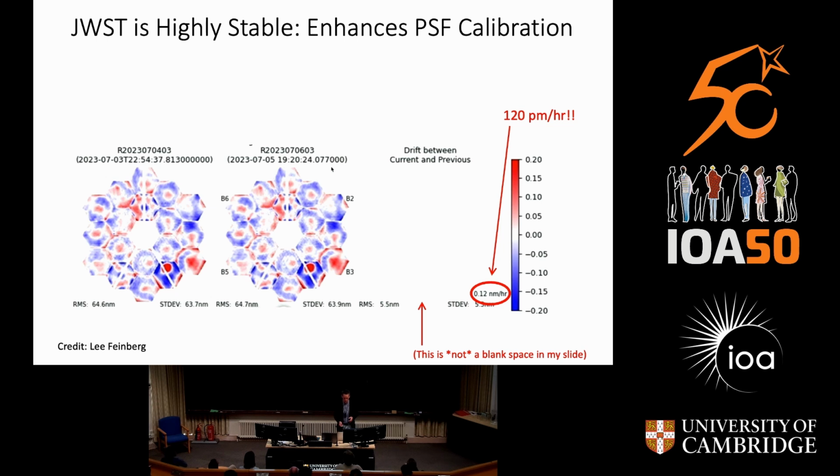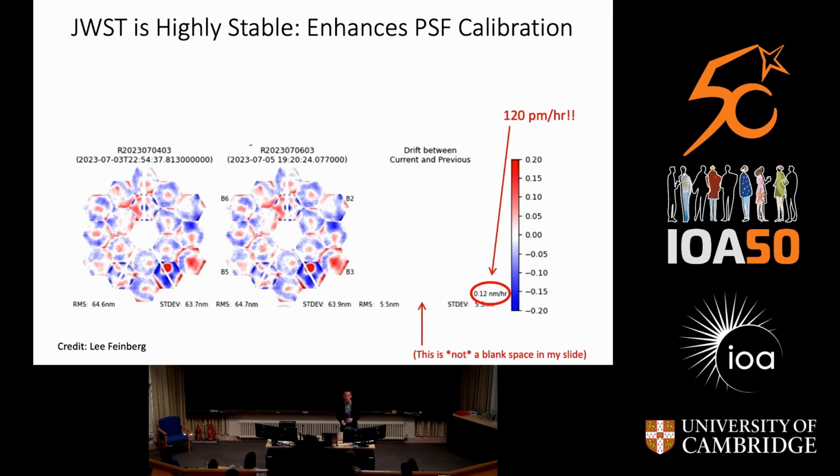So just to demonstrate that a little bit, these are a set of wavefront maps obtained only 2 days apart, showing RMS deviations on the order of a few tens of nanometers. And this right panel here is actually the difference between those two. So a derived drift rate of the wavefront error, the stability basically, is about 120 picometers per hour. So I'm delighted that we're measuring the drift in the optics of JWST in terms of picometers. This is just brilliant. It means that JWST is very, very stable, and that means that we can calibrate our